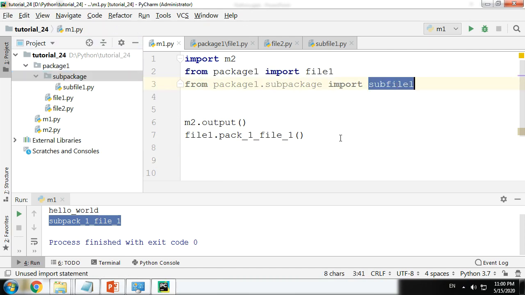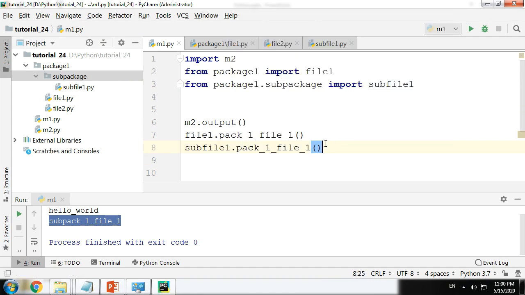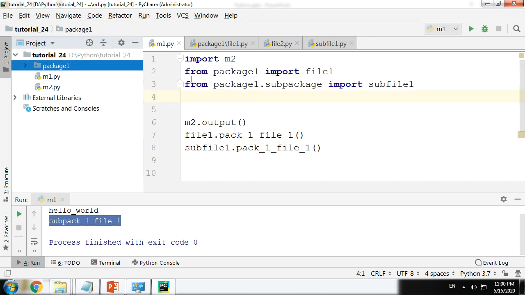The other thing you should know is this. Just look at the way we are importing. No matter where we are importing, we are always starting from the parent folder.